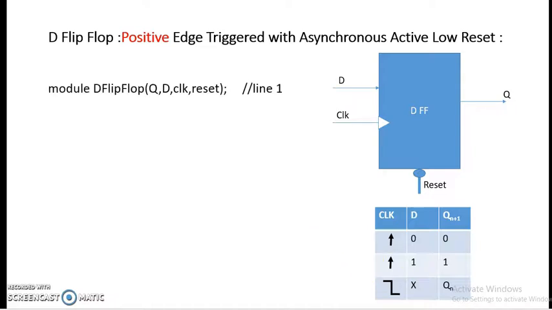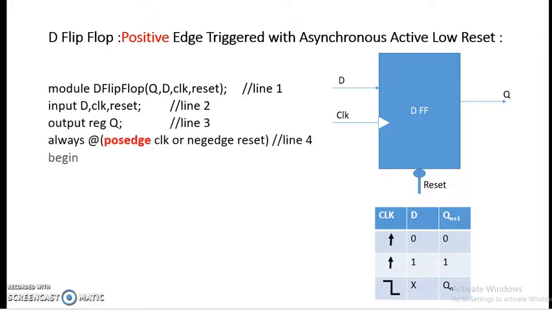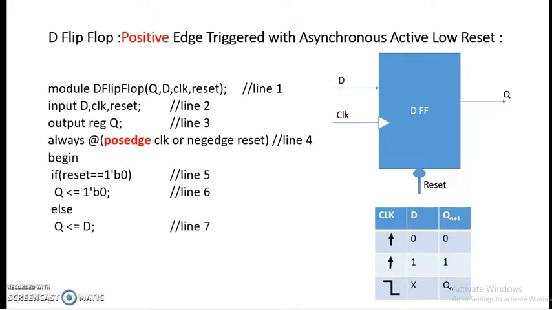So let us start writing down the design module. This is the first line of the code. I need not explain it because you are already familiar with it. Now the second line, we have to give all the input ports for this. So looking at the diagram, it is clear that it has three inputs. So D, clock and reset will be the inputs and the output will be Q. So this is the complete code for the design module of this D flip-flop.